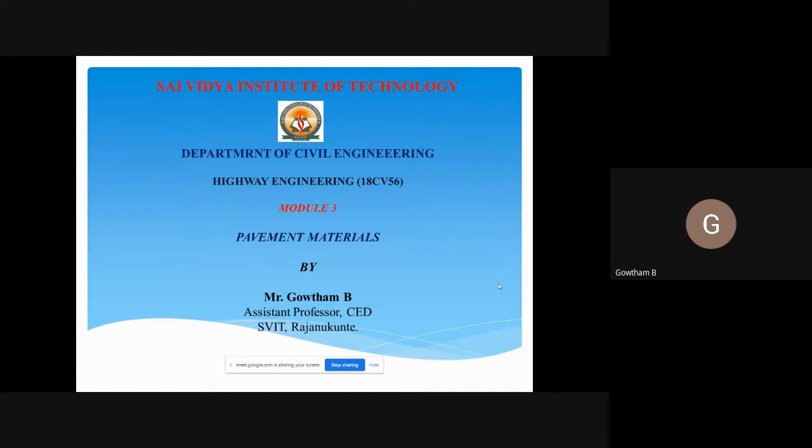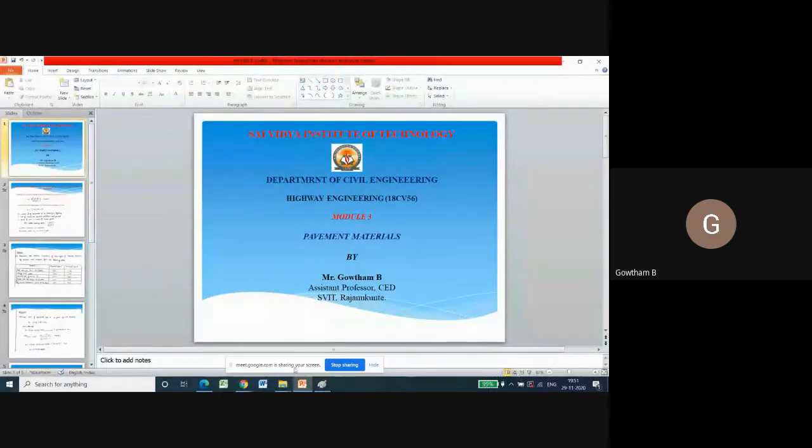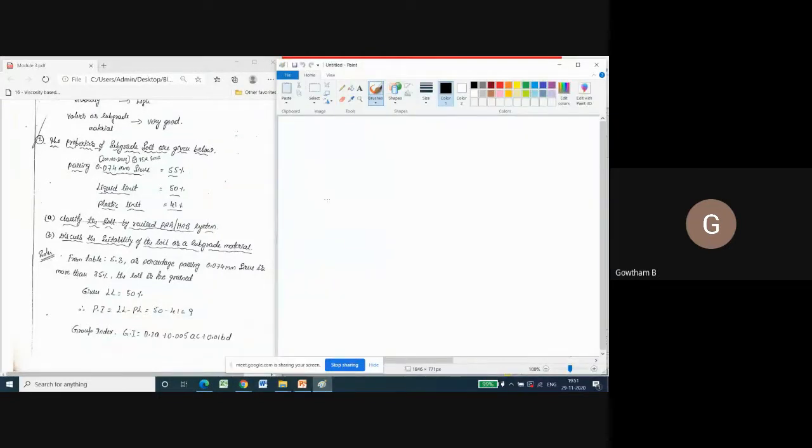With this small introduction, let us start with HRB soil classification and how it works. Now, before going to HRB soil classification, you should know that we have one formula, and you have to remember that formula. The formula is group index, GI, equal to 0.2 into A